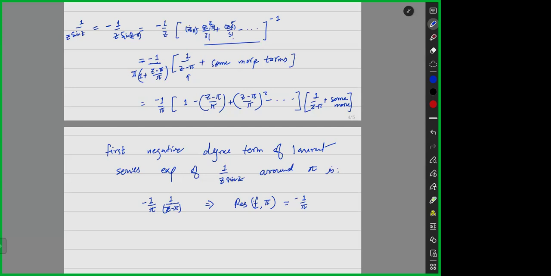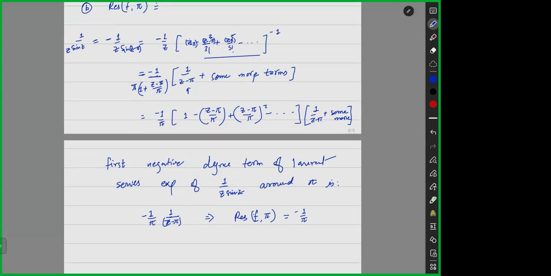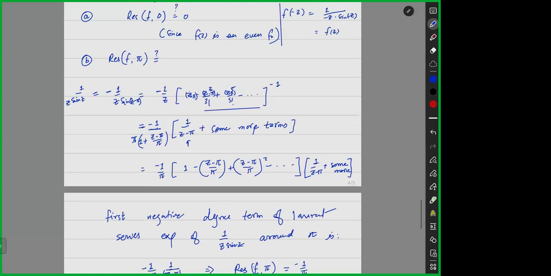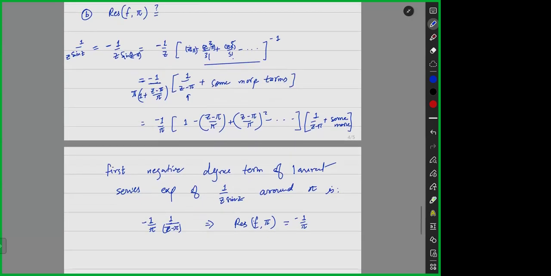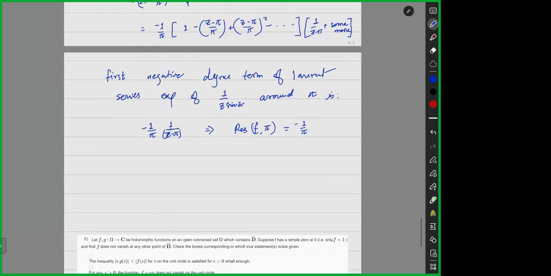Okay, so now we have calculated this residue. What happens if we take it at minus pi? Sorry, at minus pi this becomes minus pi everywhere, and you have to take here, then there will be no minus 1 by pi. Similarly, residue of f at pi, this will be 1 by pi,